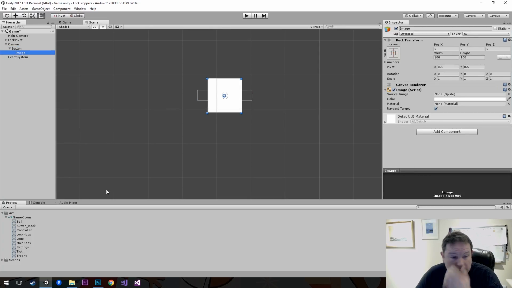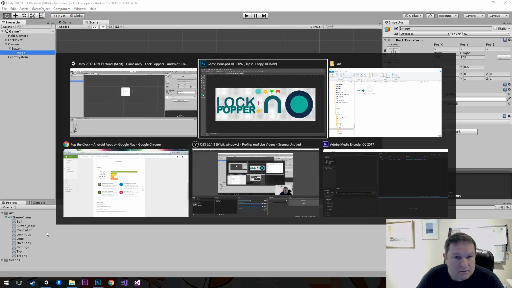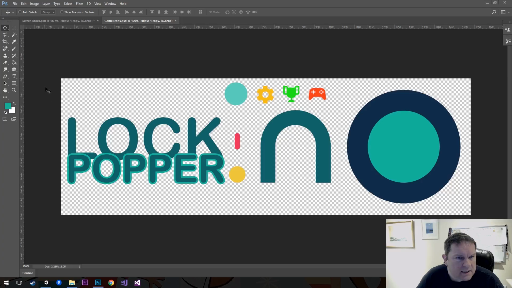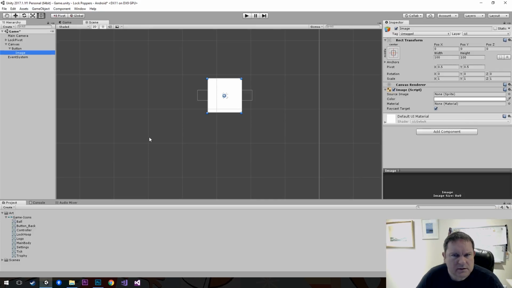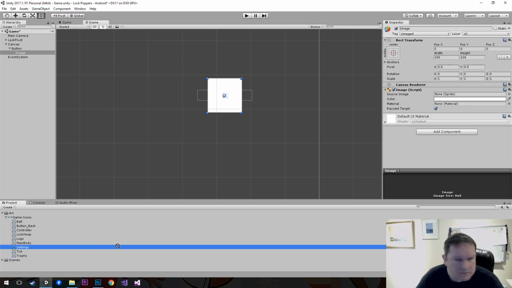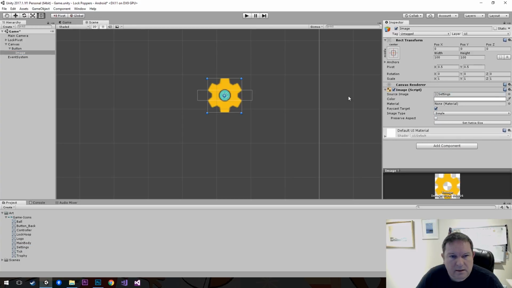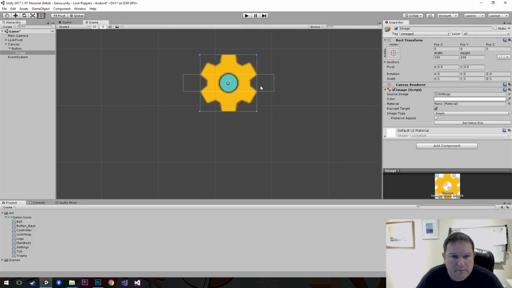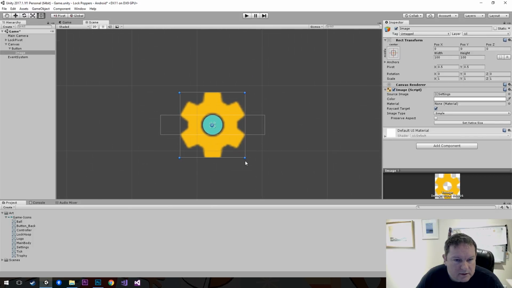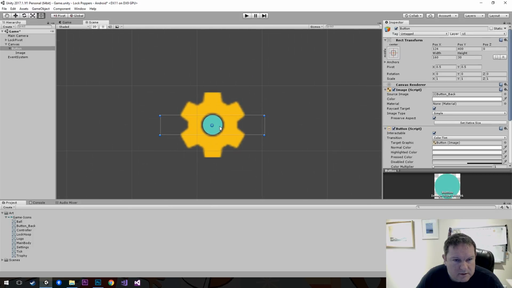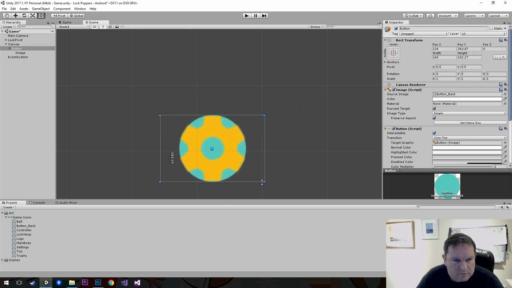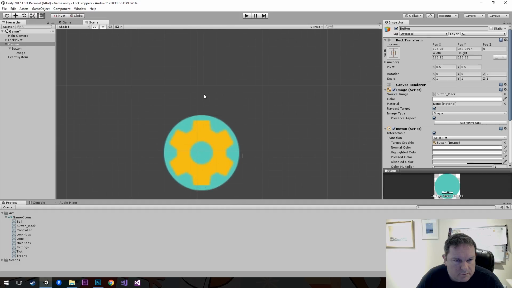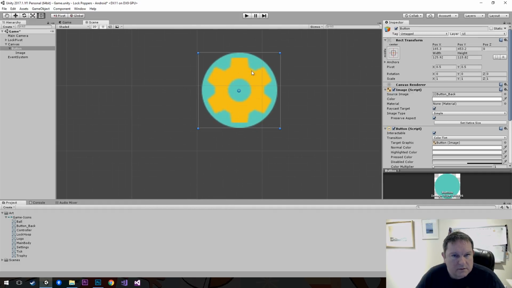And that child image component is going to be, for the first one, the setting. I think the first one's setting over on the side. So let's make that a setting. So I'm going to make that setting there. And you see it's far too big. So we'll need to scale that down. Or actually we could scale the button up, but I think by this point it's probably, there you go. That's perfect. Okay, so there is our button,